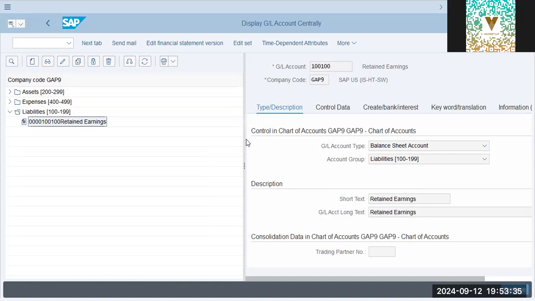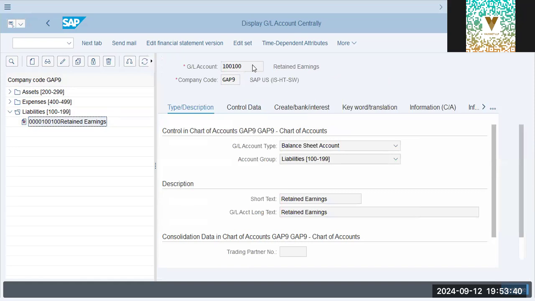Okay. If you talk about the master data, the retained earnings account is used for transferring all the incomes and profits and losses to the next year and adjusted with the equity. Okay. It's a balance sheet item. SAP gives us some controls. Those controls are basically introduced by us as consultants. Okay. What are those controls? Let's see that. Then we'll see what is basically this create bank and interest tab. Basically, it has controls for